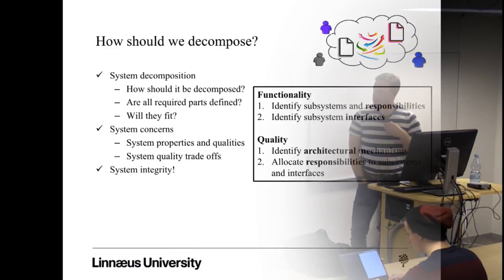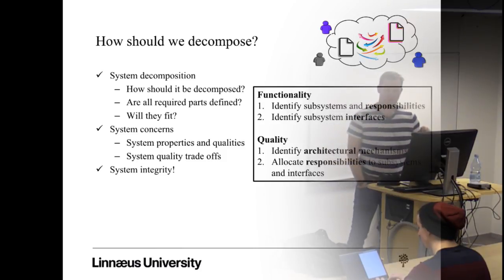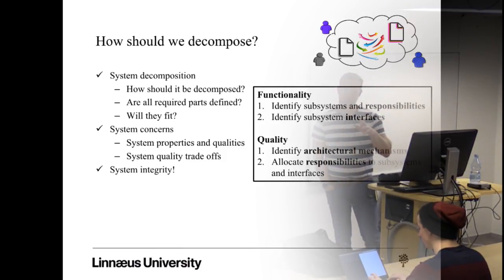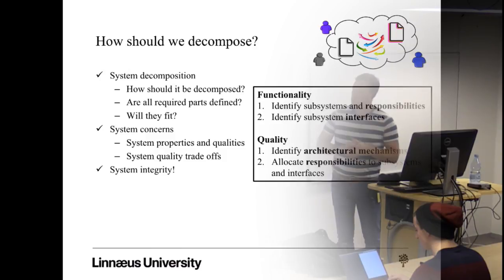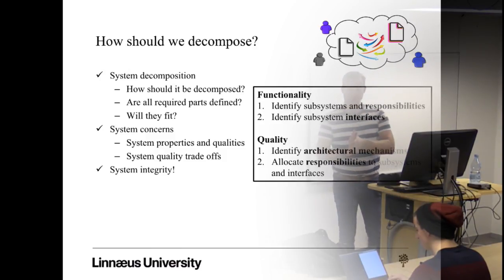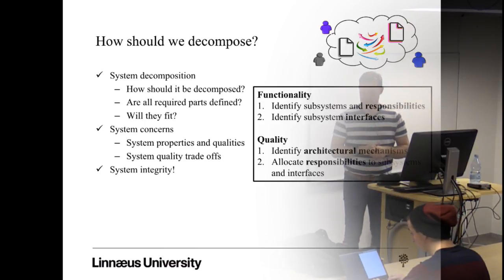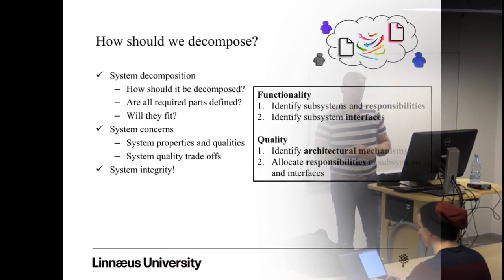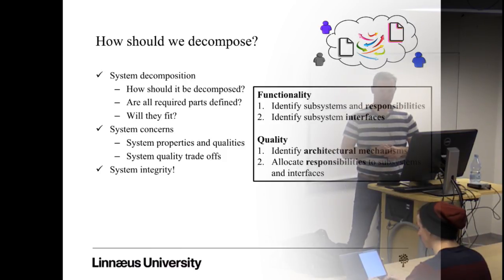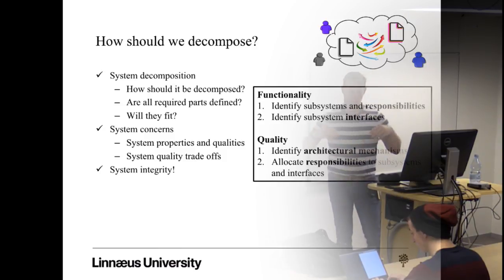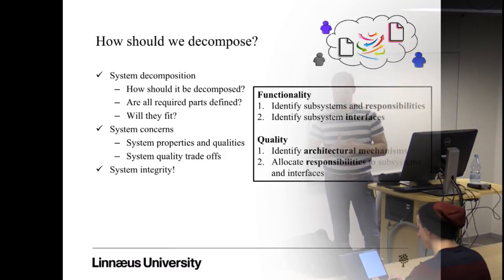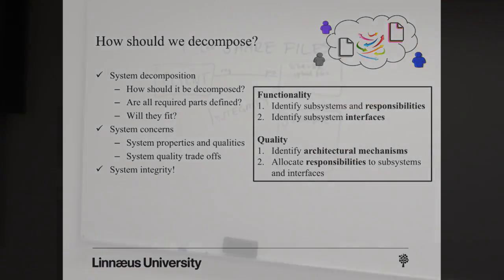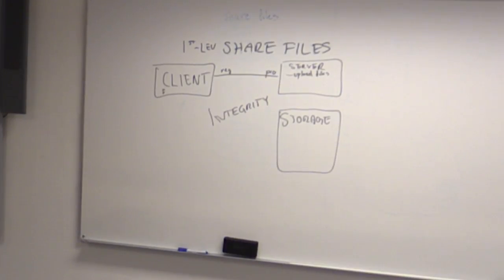Because quality, we can achieve quality in two different ways. We can achieve it by structure, and we can achieve it by behavior, or the combination. So here we talk about architectural mechanisms. And these mechanisms may add subsystems and functionality to the first level decomposition. Let's go back to this one here. What do I mean by that? Well,